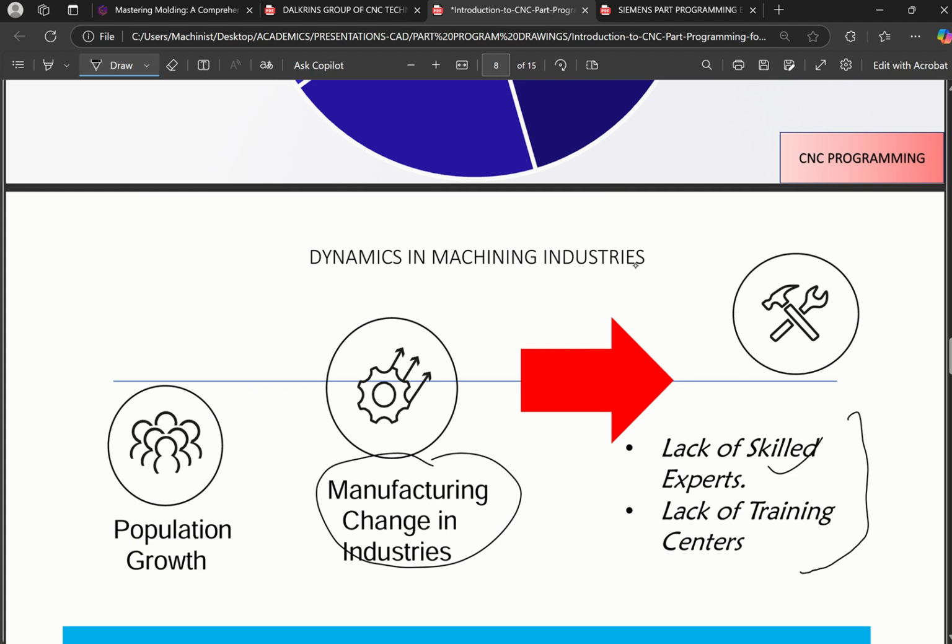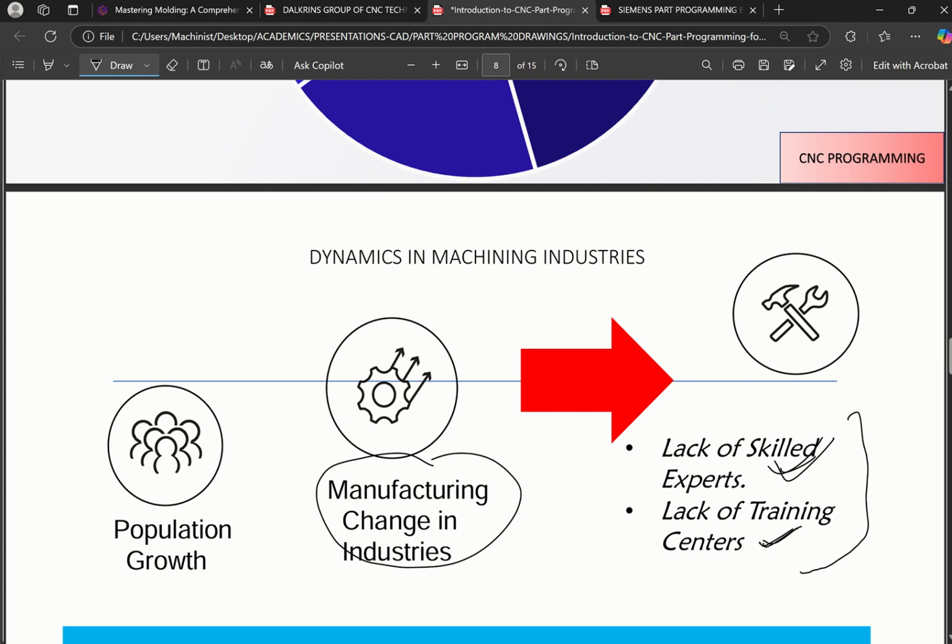And also, we don't have the required training centers. Not even qualified, with the expertise that can offer these skills. Because we have overlooked skills like CNC turning and CNC milling. Let's say in Africa, most of these skills have been overlooked, but they are high paying industries in developed countries and also in Africa. If you want to automate production of parts like automotive, you need to understand this language